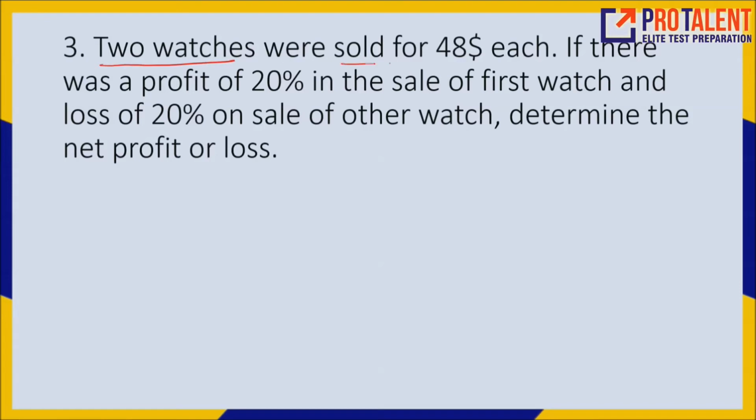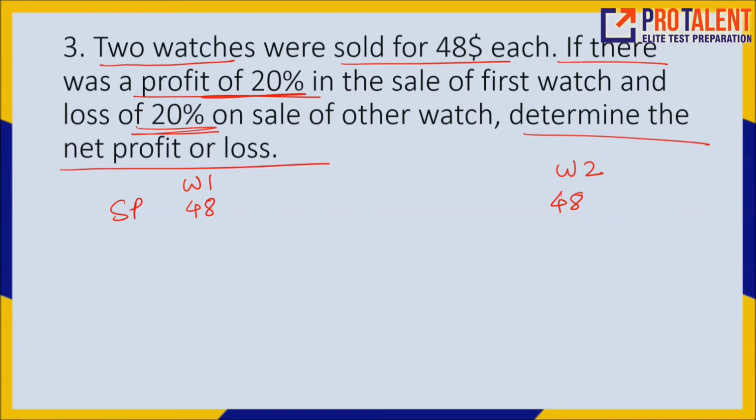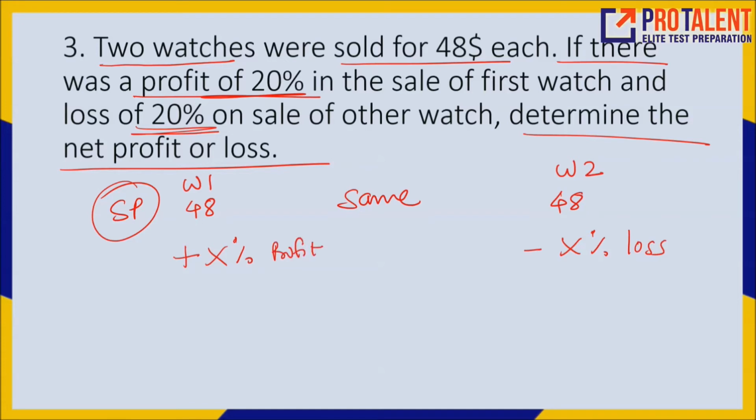ठीक है, it says 2 watches were sold for 48 each. So that means watch 1, watch 2, एक का सेलिंग प्राइस 48, दूसरे का भी 48, and if there is a profit of 20% on one and there is a loss of 20% on the other, so determine the net profit or loss. हमेशा जब भी आपको सिनारियो दे के रखा है that selling price is same, okay, and on one you get x% का प्रॉफिट and on the other you get x% का लॉस, ठीक है, तो आपको हमेशा लॉस होगा